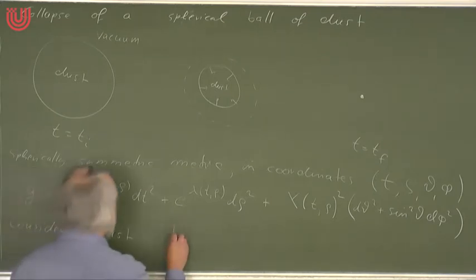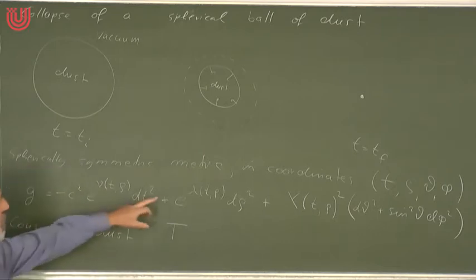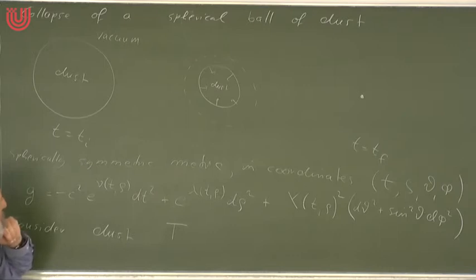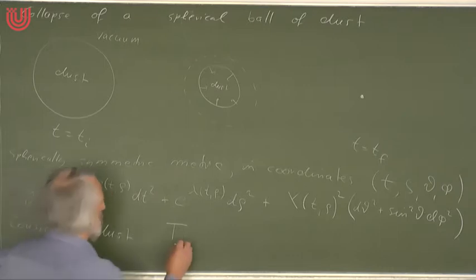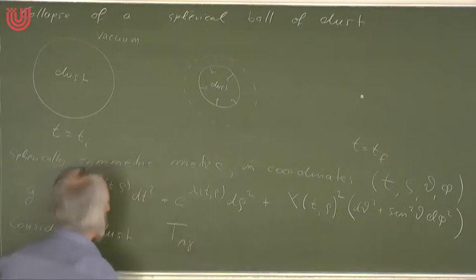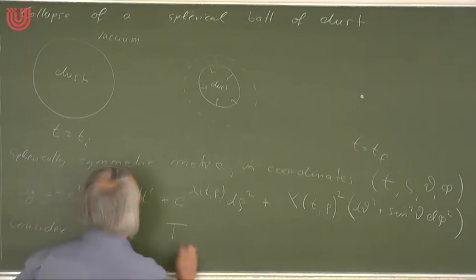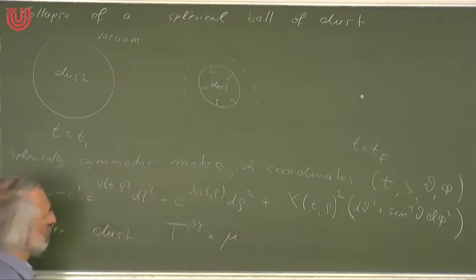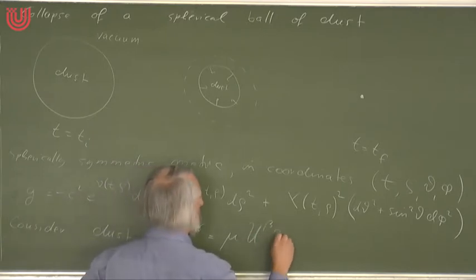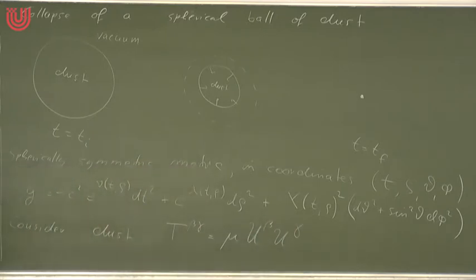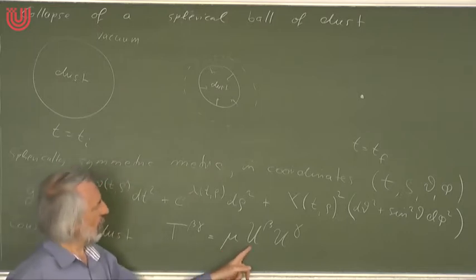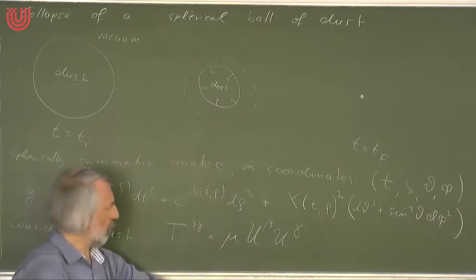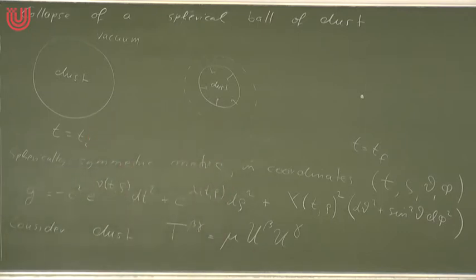So the energy momentum tensor is, wait a minute, we have nu and lambda and rho already. I should use indices which cannot be confused with these. Let me just call them beta and gamma. So for a dust, let me write the one with the upper indices. For a dust, I hope everybody remembers, this is a mass density times the 4-velocity, mu u^beta u^gamma. We have a dust, the dust has a rest mass density, that's the mu, and it has a 4-velocity. The flow lines of the dust, that's what I call u^beta.